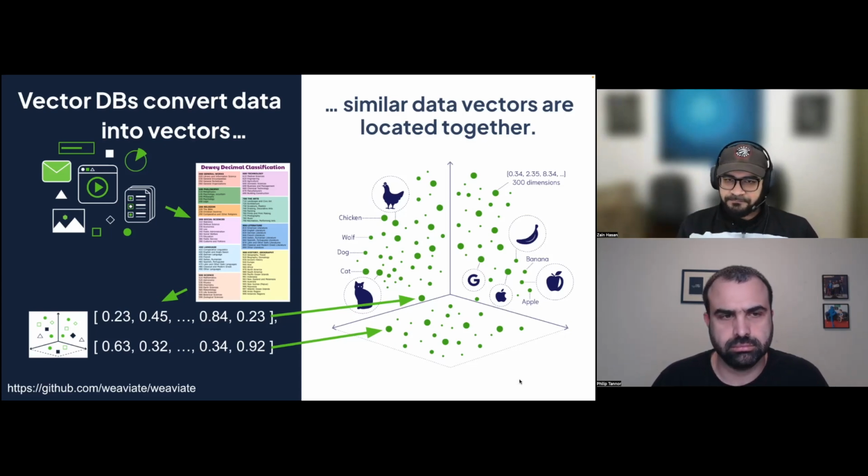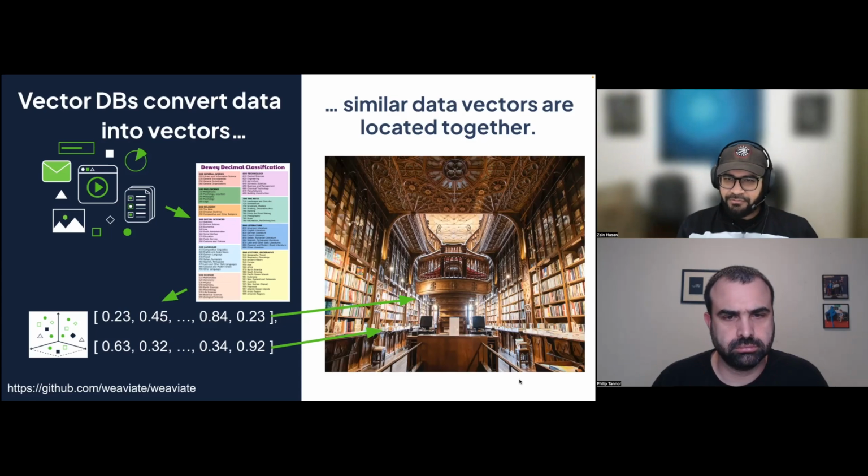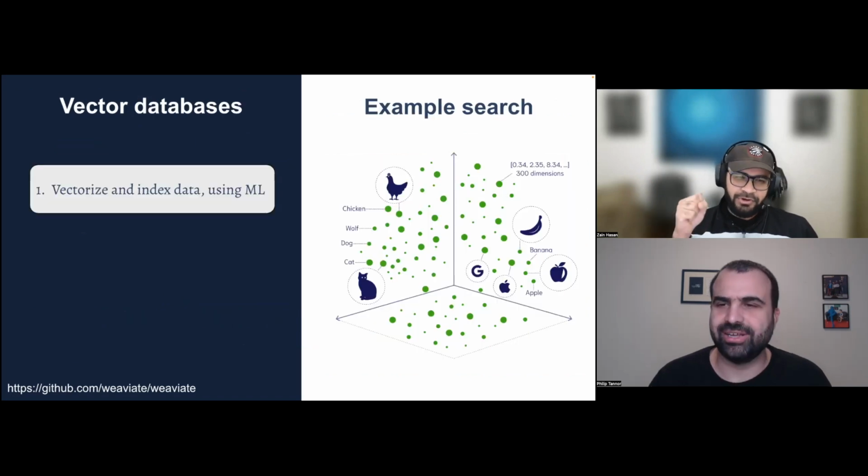space. And so really a vector database is just a gigantic library, and the vector search engine is a superhuman librarian who can retrieve concepts, retrieve books for you in real time, even though there's billions or trillions of data objects in the database. So let's have a look at what this retrieval process looks like.